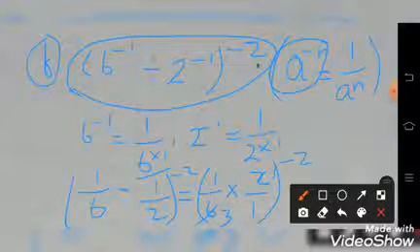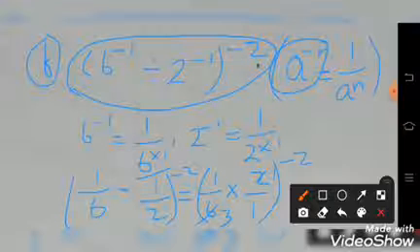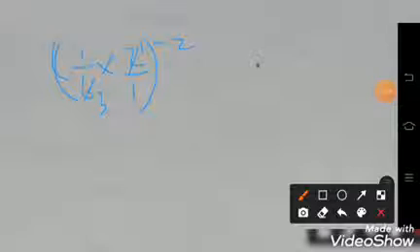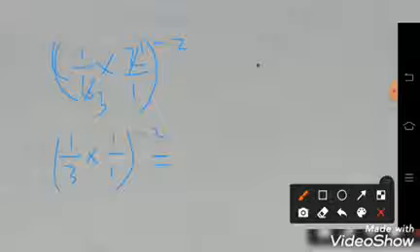Continuing, so here (1/3) into 1/1 only, to the power minus 2, this is equal to, you multiply 3 into 1 is 3, and 1 into 1 is 1 only,